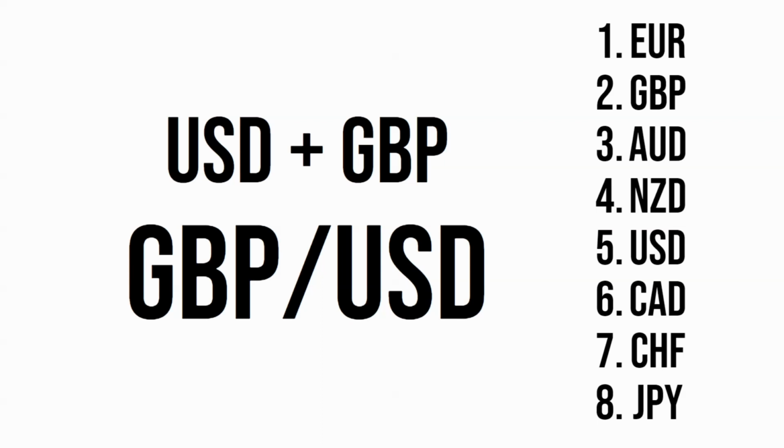With the US dollar, we're going to see that with some currency pairs, the US dollar is going to be the first currency shown, and with other currency pairs, it's going to be the second currency shown. But this is a great way to better organize the currency pairs, so you're always going to be able to find the different currency pairs that you're looking for.